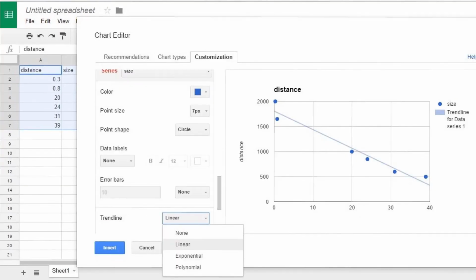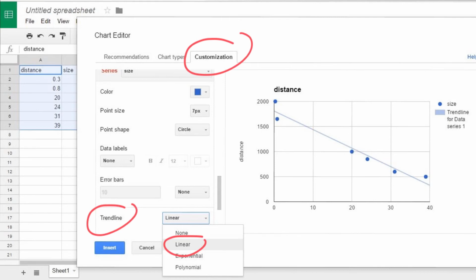You have to choose customization. You have to click this folder, and here in trend line you have to choose linear,